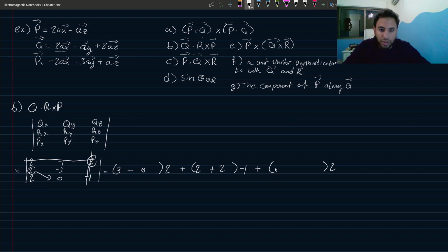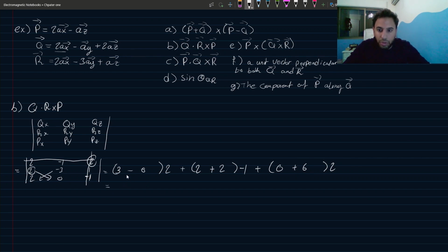So 2 times 0 is 0, and -3 minus 2 is -6, but there's already subtraction here, so it becomes plus 6